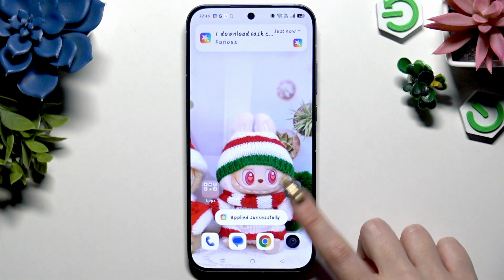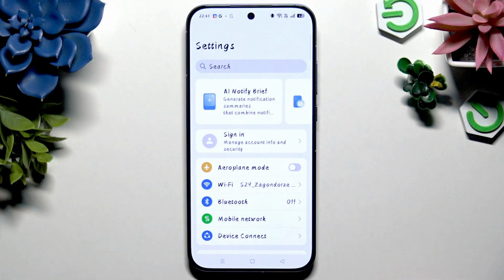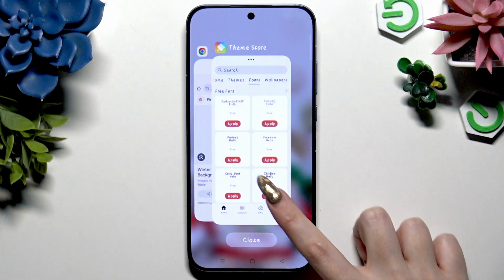When you finished, just go back. As you can see, style of my font has changed. If you want to go back to your default one,